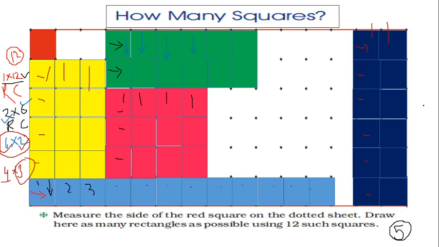squares and the rectangles made by using this number of squares. So if you just know this technique, 1 into 12, 2 into 6, 3 into 4, 12 into 1, like this, you can easily draw the different forms of the rectangles. These all shapes are different because the number of rows and number of columns are different in each shape.